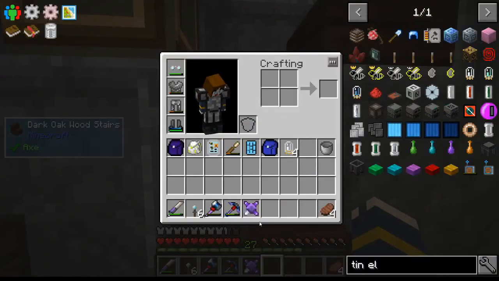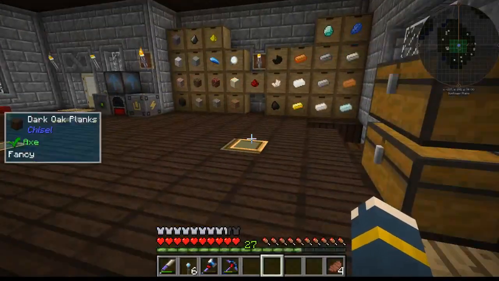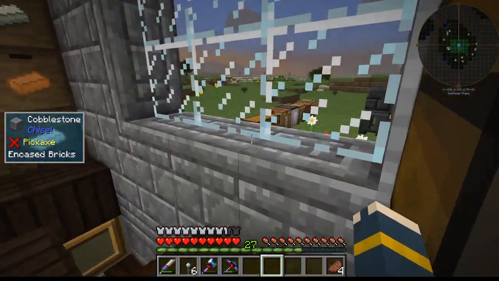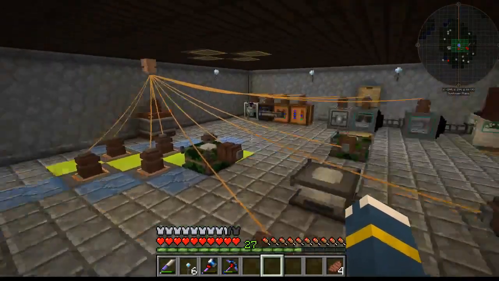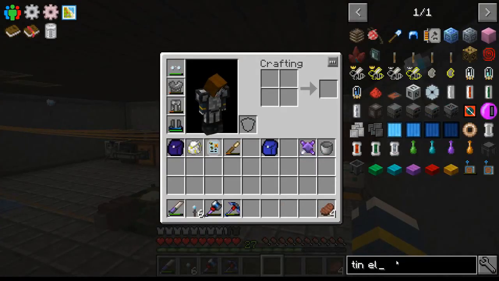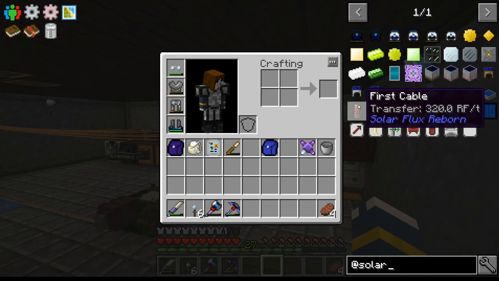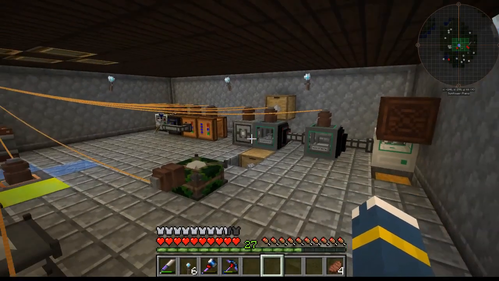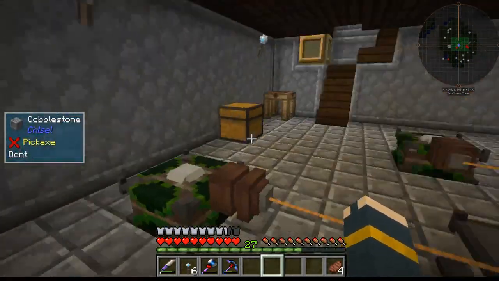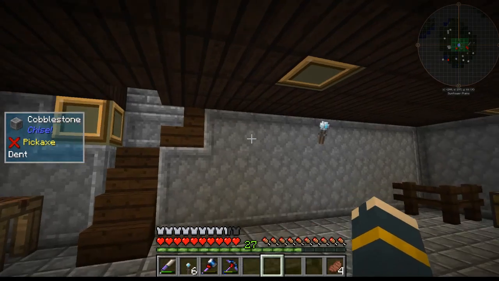So one thing that I was thinking about when we're finished making this farm is that we're going to need a way to transfer the power. Now we can use the cables from Immersive Engineering, the wires, or I believe there's a solar flux cable that you can use, but it's 320 RF a tick, which would probably be okay for us. Yeah, that's not too bad. But what I actually wanted to make was conduits from Ender.io. And that kind of fits nicely into the next phase of what we have to do, which is